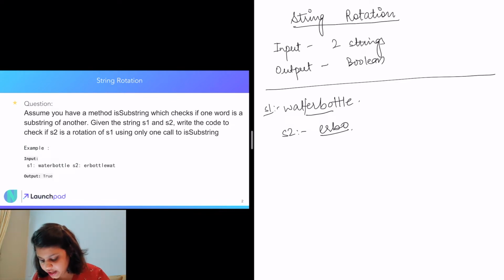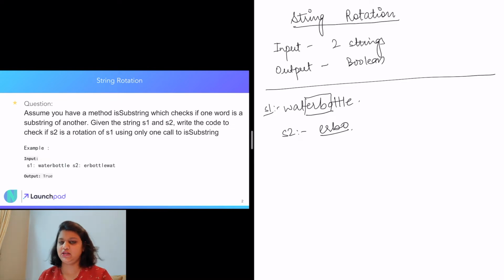So in this particular case, if we take 4 characters from S1, we are able to get erbo, and hence it is a substring of S1. Now this function to determine whether S2 is a substring of S1 is already given in our code. We only need to use it to check whether our S2 is a circular rotation of the S1 string or not.